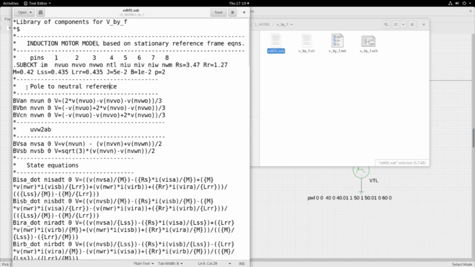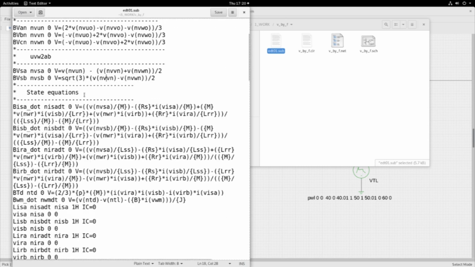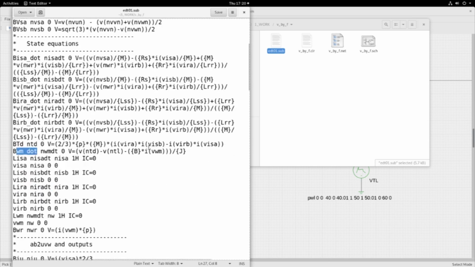Then in the sub-circuit, pole to neutral conversion, I'm using the B source. Go through this code, very simple. Then three phase to two phase, UVW to AB is done by again another set of B sources, programmable B source. The state equations, these are the four state equations. I'm using ISA dot, ISB dot representing IS alpha, IS beta, IR alpha, IR beta, and you have the omega m. These equations are plugged in using the B sources,